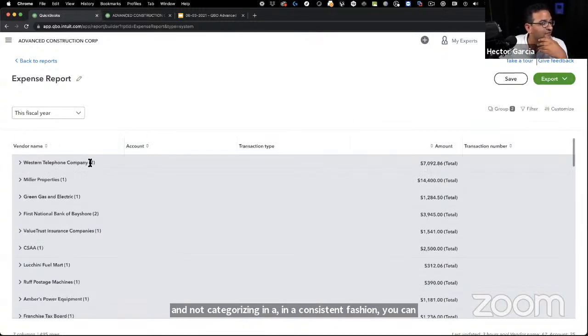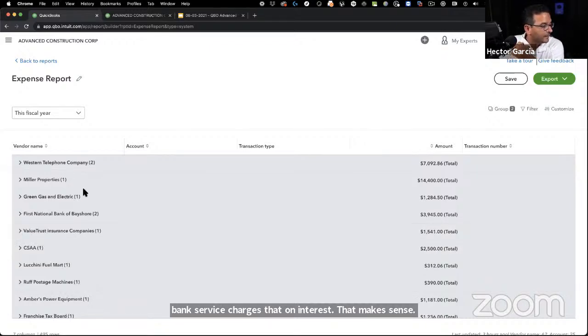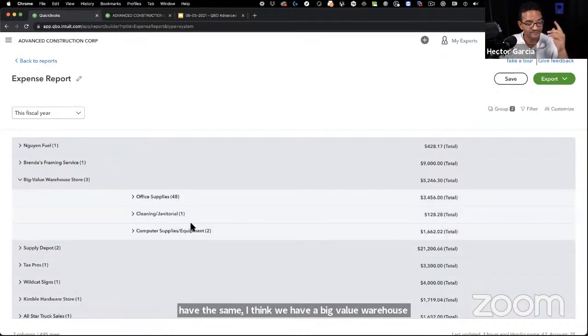You can see any of these that have 2s next to it, like First National Bank. Notice that they have 2 categories: bank service charges, loan interest. That makes sense. Maybe there's not that much more to look at here. But then we have the same, I think, right here, Big Value Warehouse Store. I'm going to open that and notice that the same vendor is being used for 3 different categories. And you can see how many